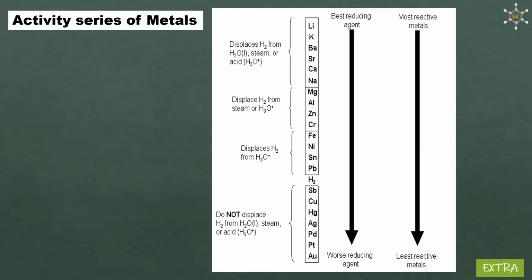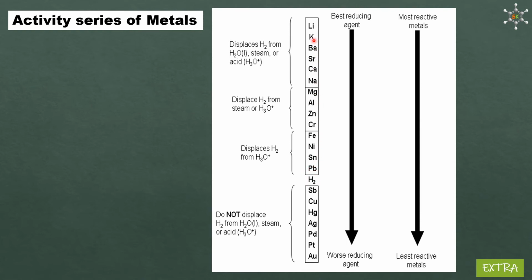To understand the capacity of metals to release hydrogen from acids, we need to look into their activity series. This is the metal activity series. Metals listed at the top are highly electropositive in nature, meaning they are capable of losing electrons very easily, because of which they act as the best reducing agents. Metals listed down here are the least reactive, meaning least electropositive in nature, so they are worse reducing agents. We have taken hydrogen as the reference.